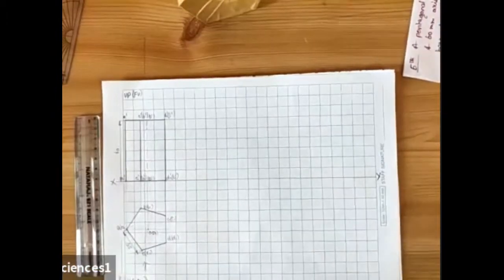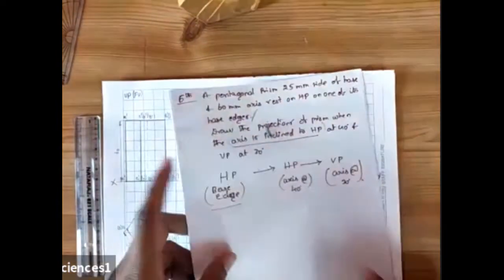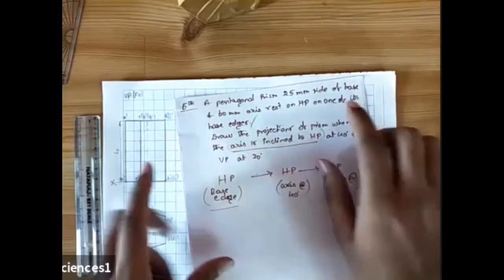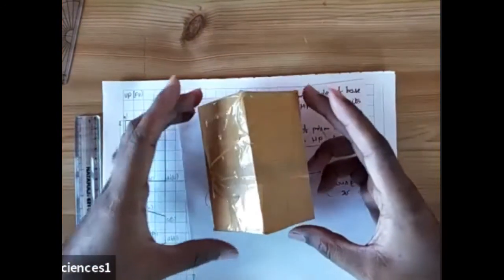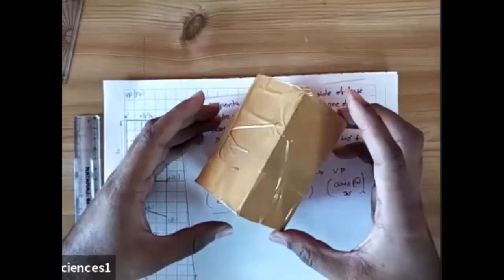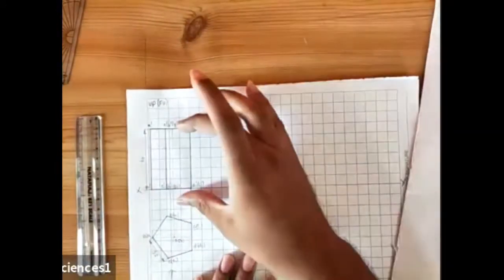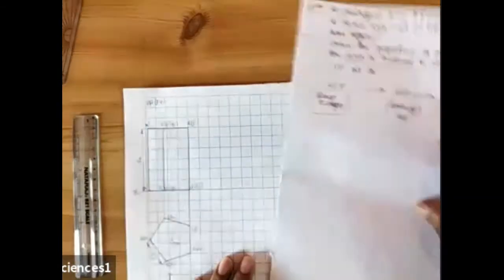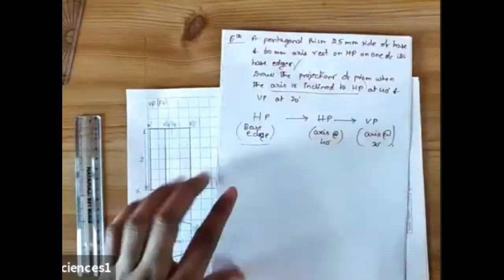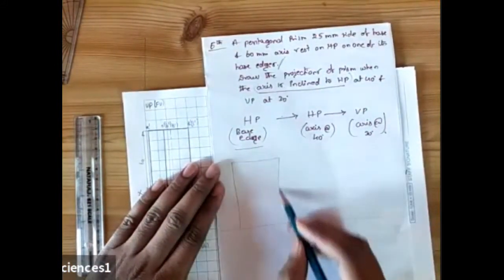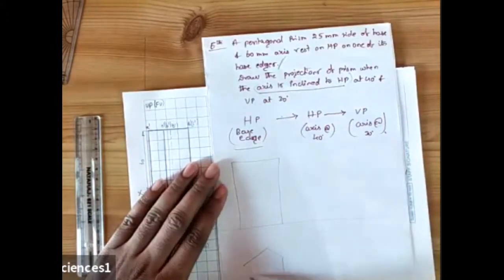But what is the second condition? The second condition he has given you is to draw the projections of the prism when the axis is inclined to HP. Okay, that means we are supposed to take this object, place it on HP with respect to one of the edges, and incline it with respect to HP. Okay, so the second condition is that you're supposed to start inclining this object. And what is the axis inclination? Axis inclination he has given you as 40. In the previous class, I told you how to find out the base inclination. This was your first condition. And we have a pentagon here.